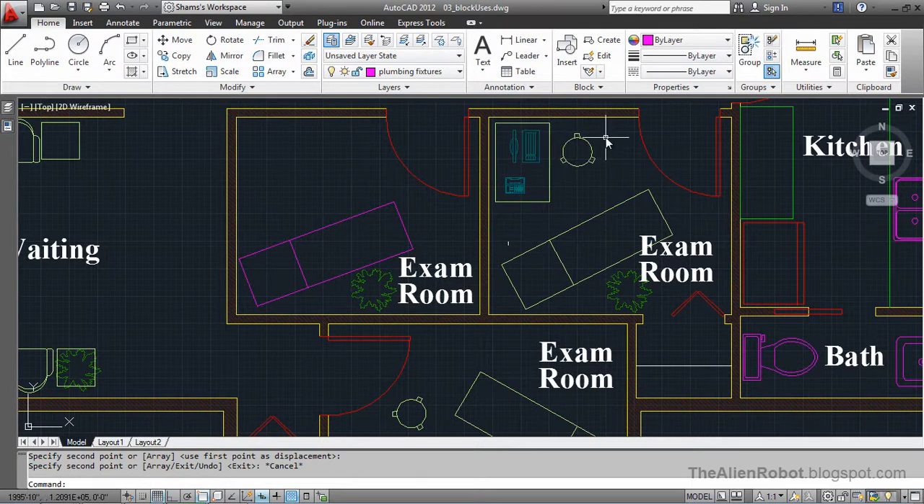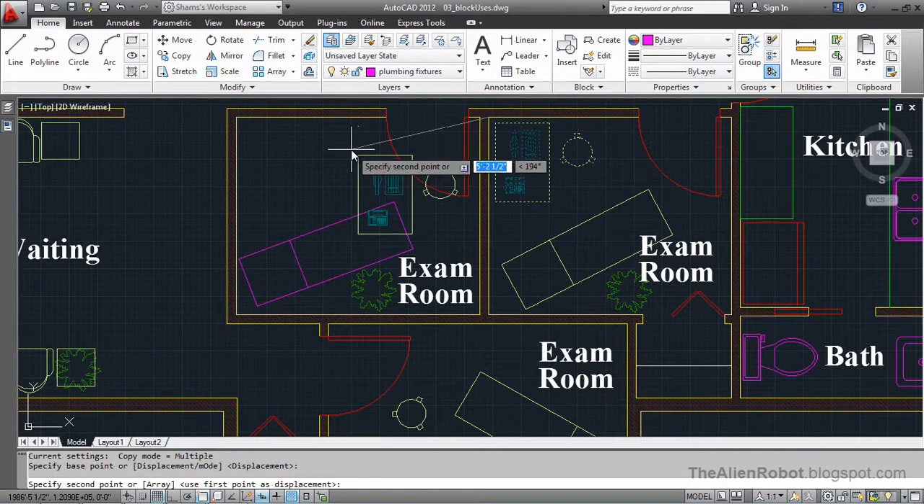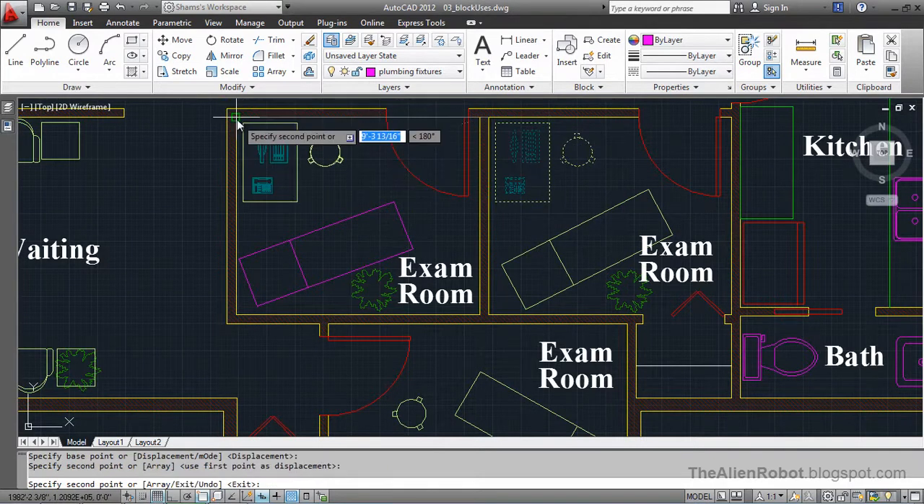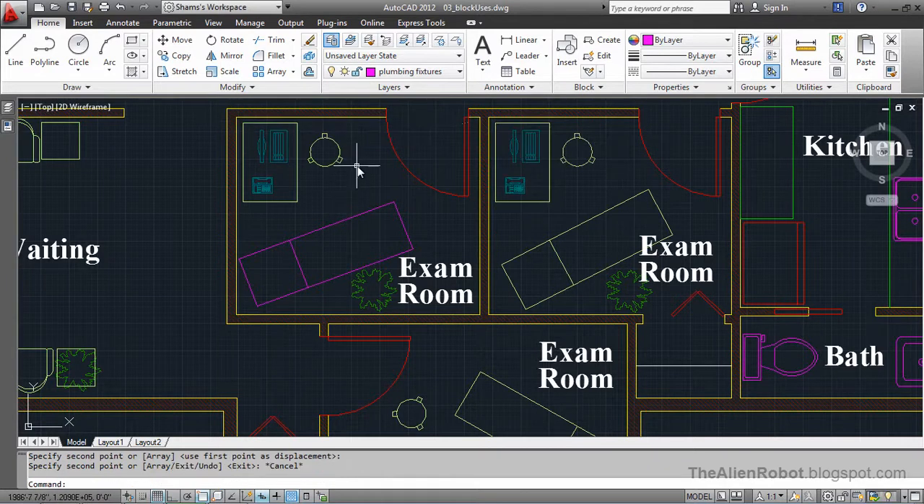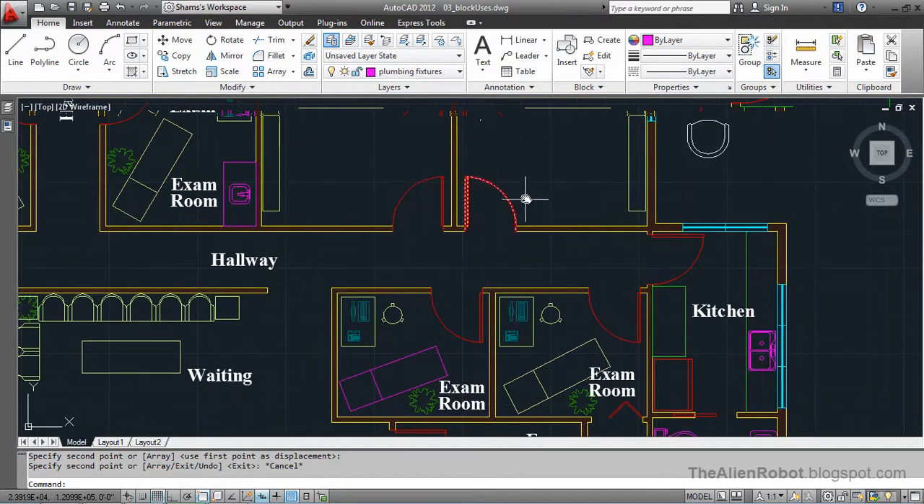I'm going to launch the copy and select those, right click. I'm going to pick it from this endpoint and copy it to this endpoint. Press escape. Now you notice that this exam table here has a different color than some of the objects here. We're going to talk about that in just a minute. I'm going to zoom out a little, and we're going to talk about the